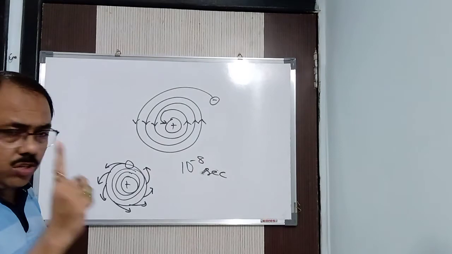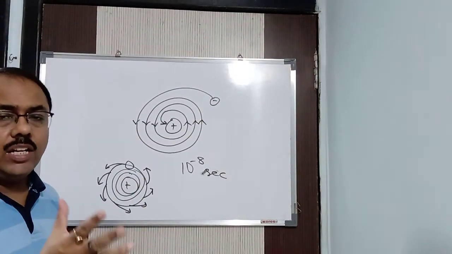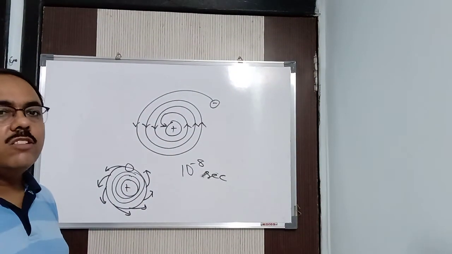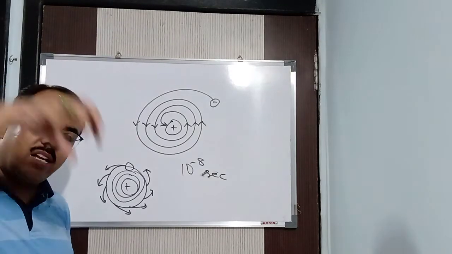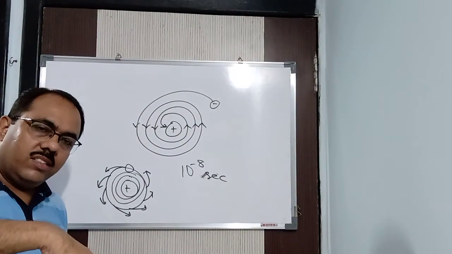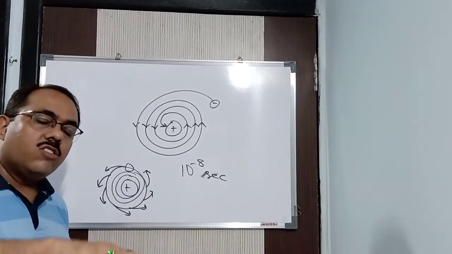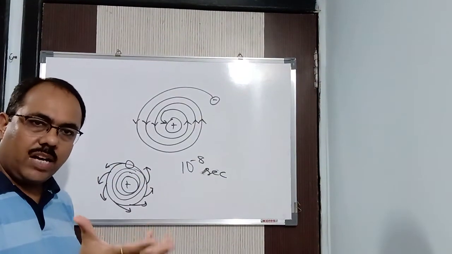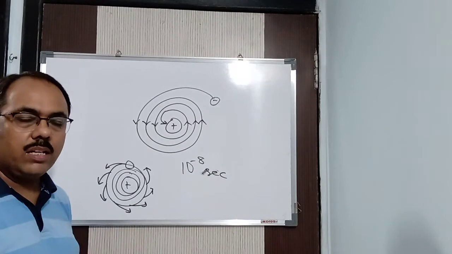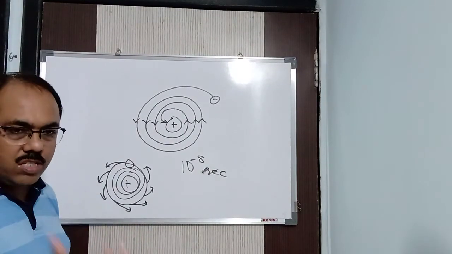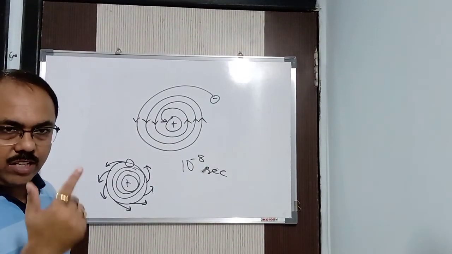So if one electron takes 10 to the power minus 8 second, it will take a few hours for the Earth to get destroyed, because it will fall into the sun. Understood? Clear? Maxwell said that. Suppose what Rutherford said is correct. Is the Earth consisting of electrons or not? The Earth consists of charged particles, electrons. So electrons are moving in the same way.